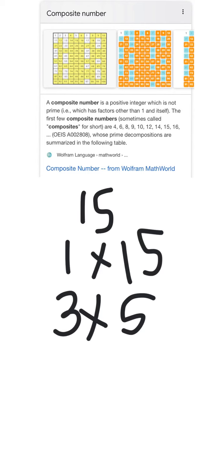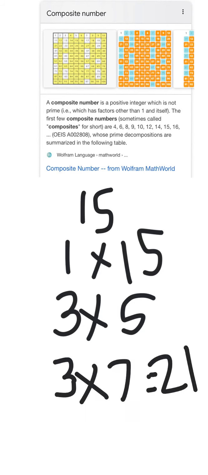So you can also think, I'm thinking 3 times 7 equals 21, right? That's an odd number, that's composite. So let's see if you guys can find another one. Try not to use my examples. I'm just helping you guys figure out what a composite number was. All right,